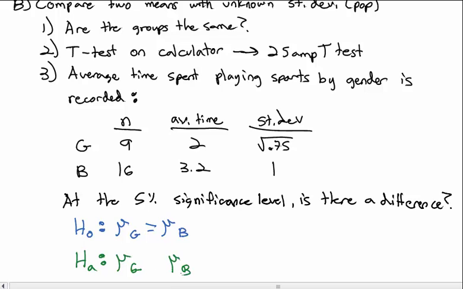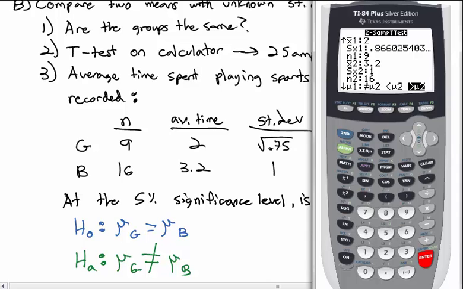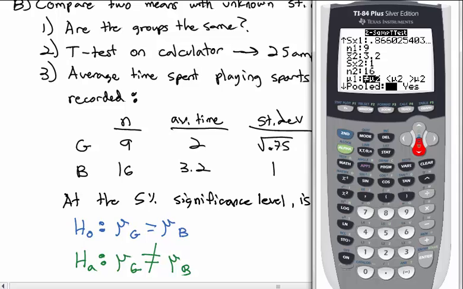And notice the question's not asking are the girls more, are the boys more, it's just asking are they the same or are they different. So we're going to say not equal to for our alternate hypothesis. So make sure on the calculator we select not equal to for our alternate hypothesis. Pooled. For our purposes, the pooled will always be no. No, we do not pool. And then